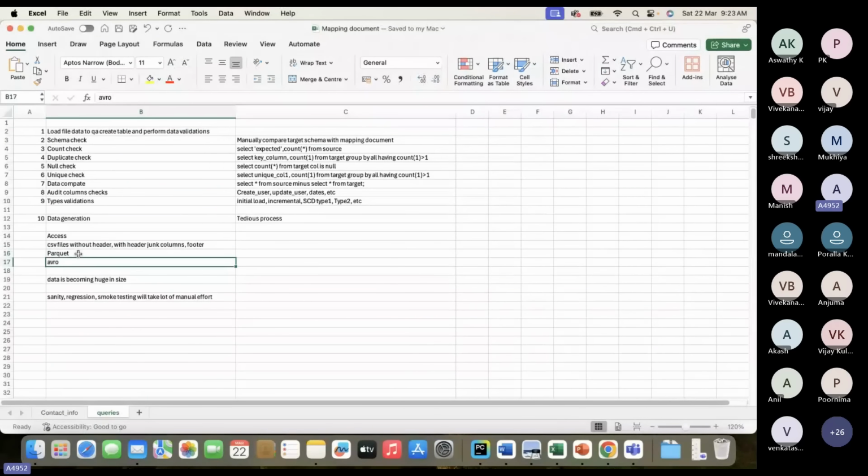Guys, have you ever used these Parquet files in your projects? Anyone used Parquet Avro files in your projects? Yes or no? For me, no. Yes. So whoever said yes, did you open this Parquet file, Avro file by using Notepad++? No, sir, we cannot. We cannot open. Even if you open, you will see data in the encrypted format. We cannot view the exact data in the file. Binary format.